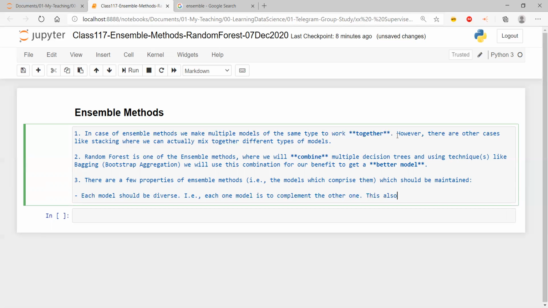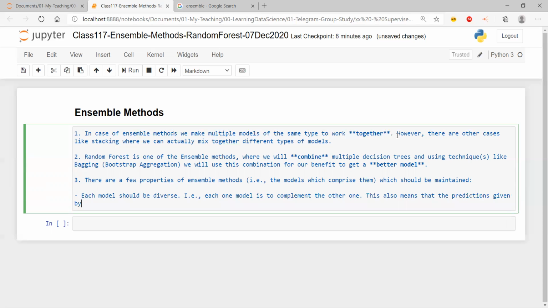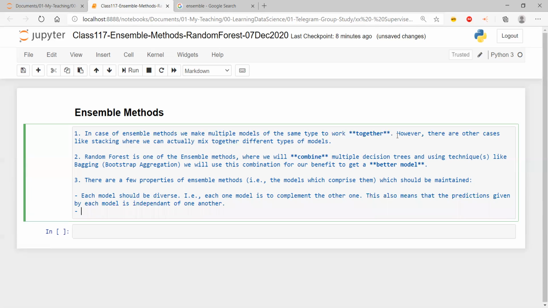This also means that the predictions given by each model are independent of one another, right? So if they are complementary to one another, obviously the predictions given by one are not going to be affected by the predictions given by another. However, keeping this in mind, we also have to ensure that each model is acceptable, right? Which means